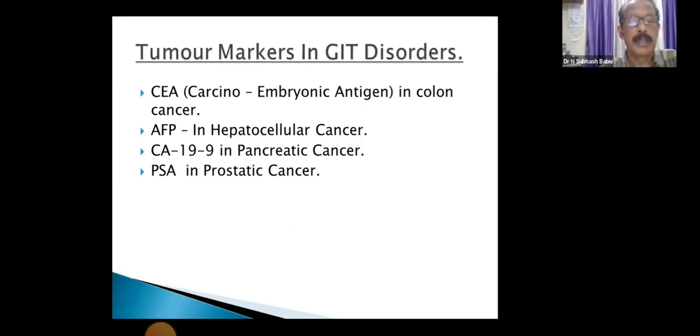Then CA19-9, that is a marker of pancreatic cancer. Very simple marker. Right? So, see the importance of this. I will say, one politician, a very famous politician,